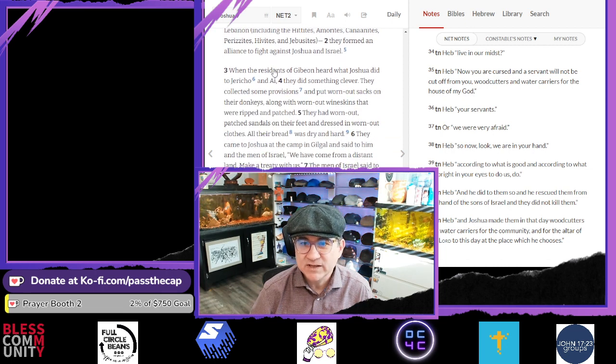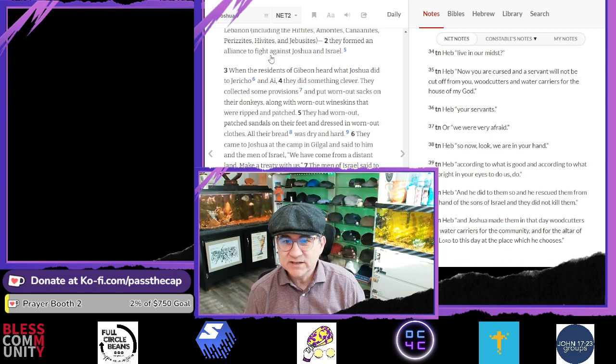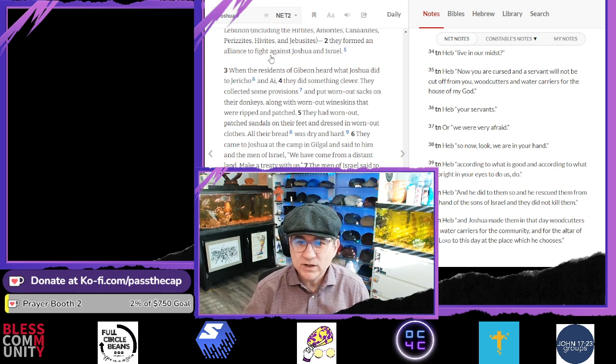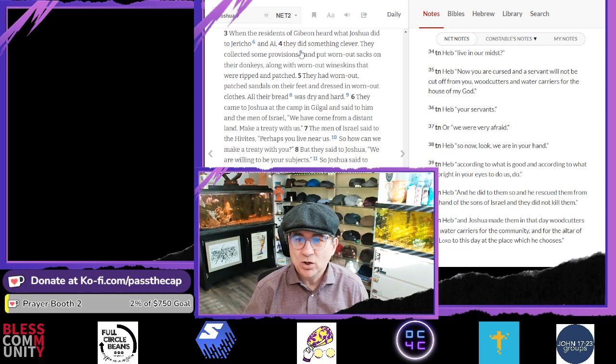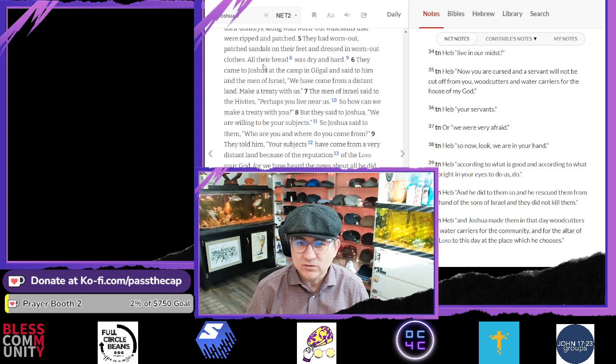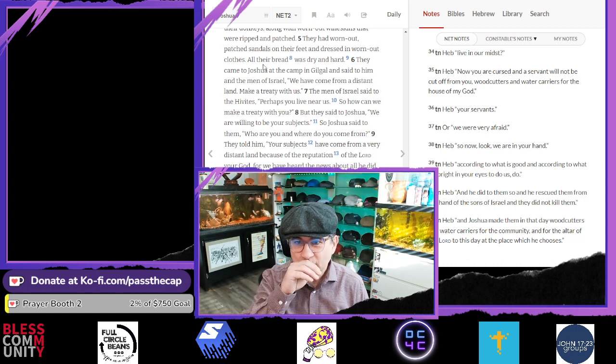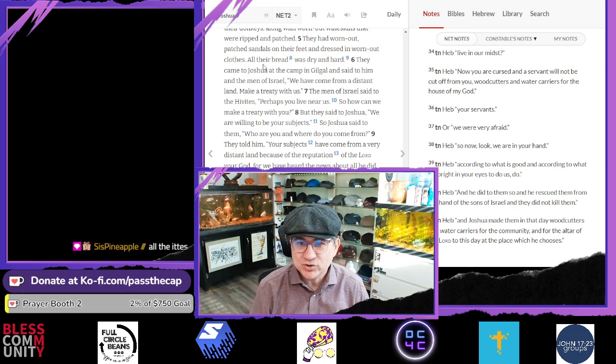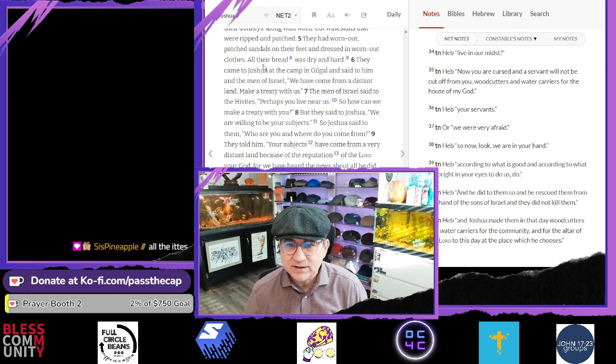When the residents of Gibeon heard what Joshua did to Jericho and the heap of ruins, they did something clever. They collected some provisions and put worn-out clothes on their donkeys, along with worn-out wineskins that were ripped and patched. They had worn-out patched sandals on their feet and dressed in worn-out clothes. Their bread was dry and hard. They came to Joshua at the camp in Gilgal and said to him and the men of Israel,